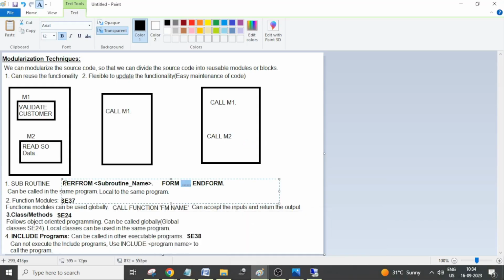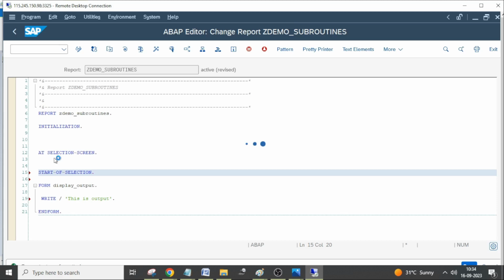To call the subroutine, what do we need to use? Perform. To call the subroutine, we need to use the perform statement. Perform and the subroutine name. What is the subroutine name? Display output. We need to write perform display output so that it will execute the subroutine. So what is the statement that is used to execute the subroutine? Perform. To define the subroutine,